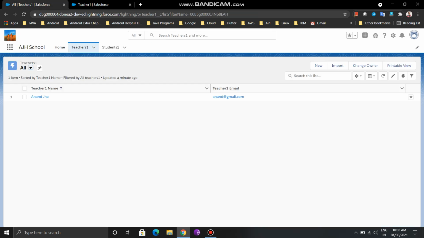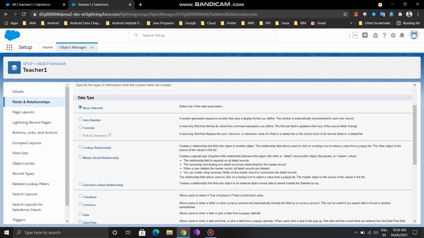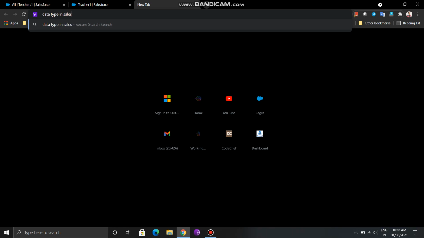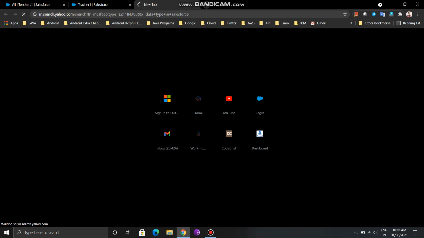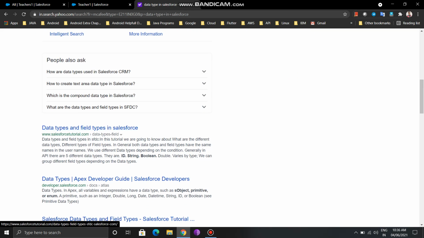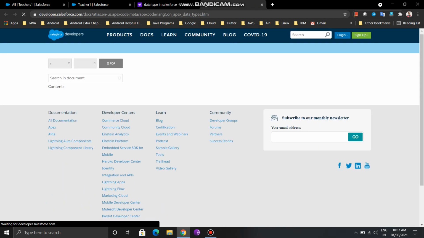Just like we created the email field here, we can create everything in a similar way. So this is all about data types. And if you want to learn more about the different kinds of data types in Salesforce, just search for data types in Salesforce, and you will get the official link from salesforce.com. Here it's showing data types of Apex, I think.